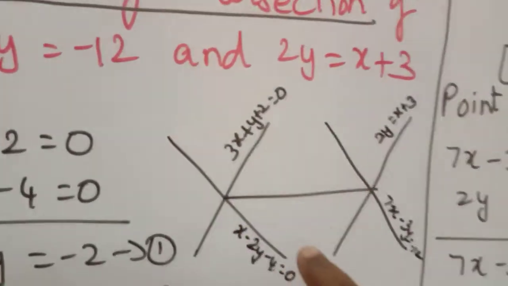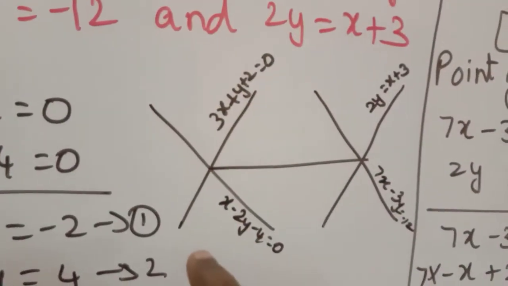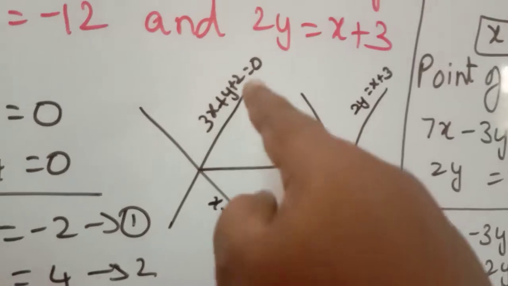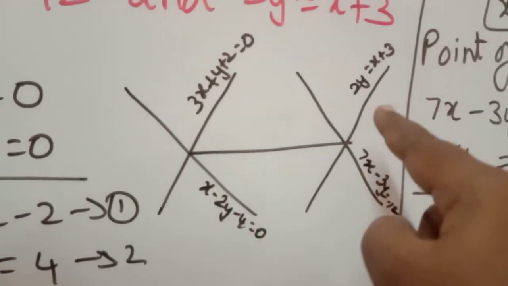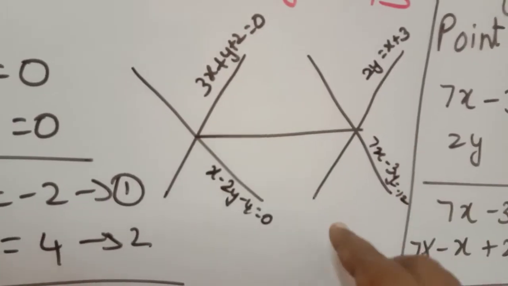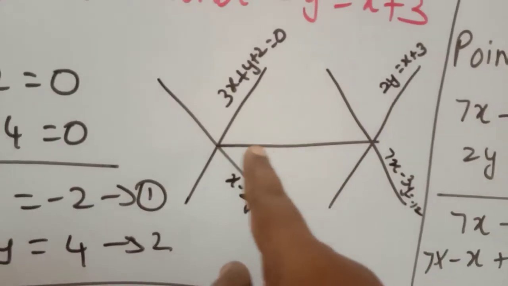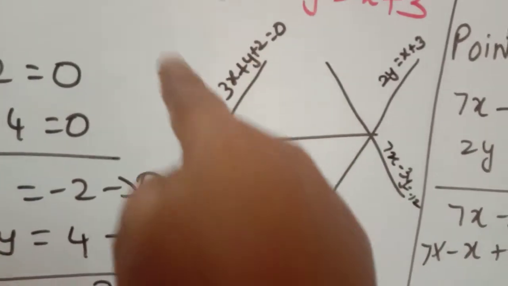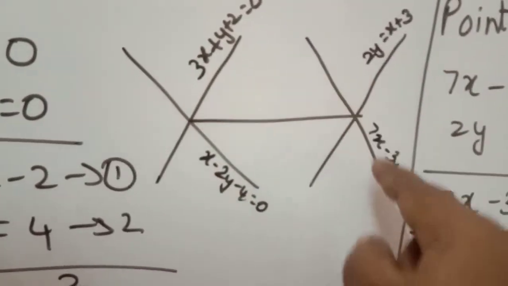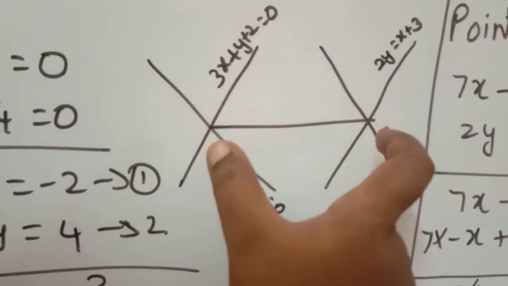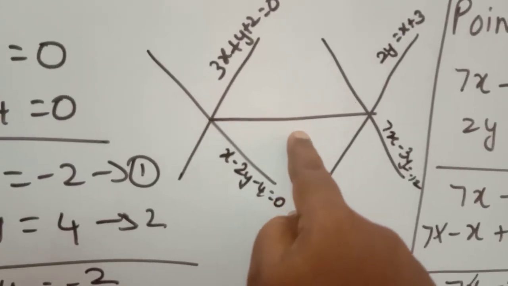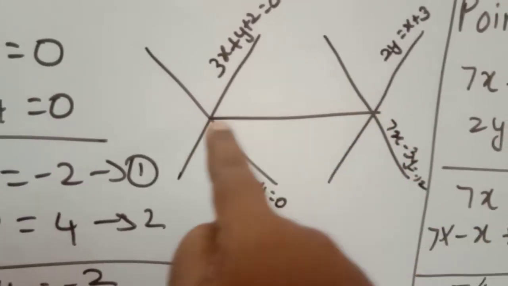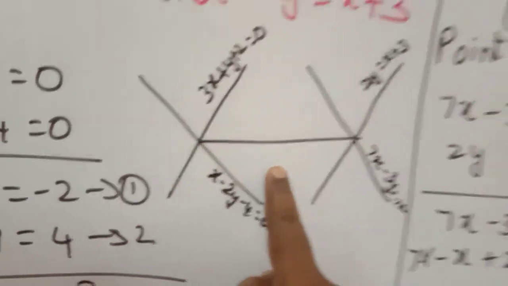So first, a set of two equations is given. These two lines. Okay. The next set of two equations represents these two lines. So we have to find the point of intersection of these two lines and these two lines. So we are going to find the equation of this straight line. So this line is joining these 2 points. That is the meaning of the question.